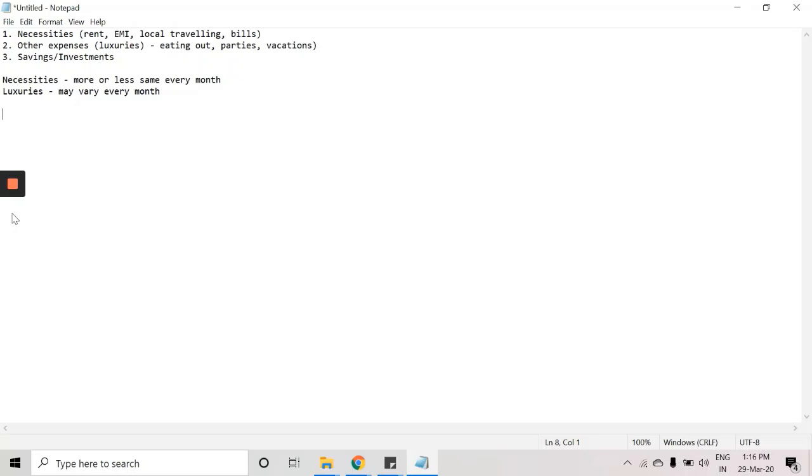If you're not able to save that much, then either your expenses are really high or your salary is really low. You got to change either one of them. But bare minimum, I'm repeating this again, at least 20 to 25% of your total income